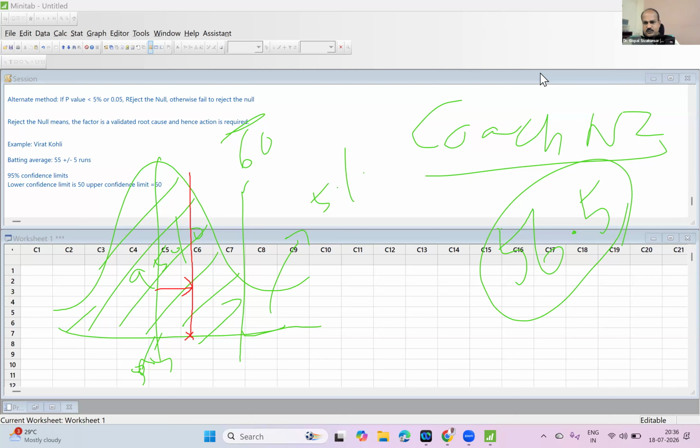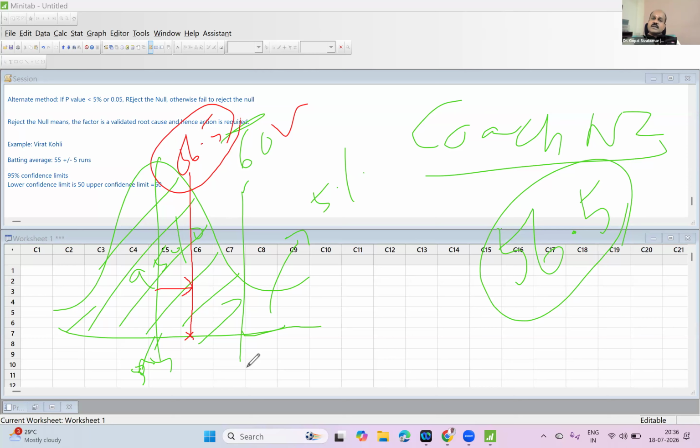There are statistical formulas to quantify how much the margin of error is. Here we simply assumed the margin of error is plus or minus 5. So now this increase in the batting average, 56.5, can be random also, because the recent average calculated is still seen inside the upper limit. Can you see that? It's still inside the upper limit. So in this situation, giving this improvement to the credit of the coach is not the correct idea.